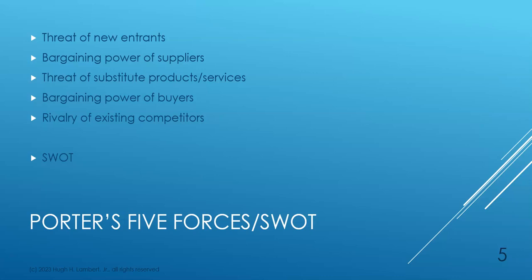So we're going to look at a combination of the macro environment, the micro environment, the regional environment, and these other factors like Porter's Five Forces and SWOT to come up with an overall outlook for our business. Is the outlook positive? Is it negative? Is it neutral? Is it cautiously optimistic? There's a lot of nuance we can come up with in the outlook, but those are just a few examples of what outlooks can be.